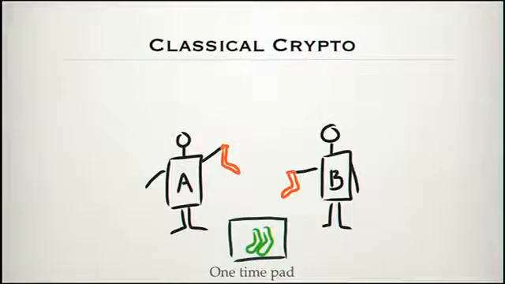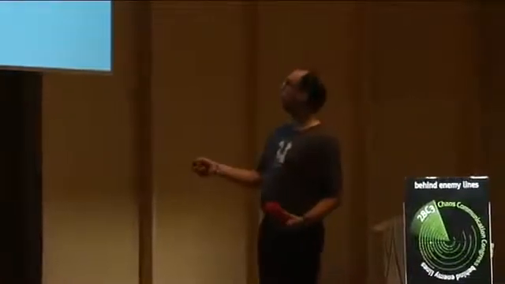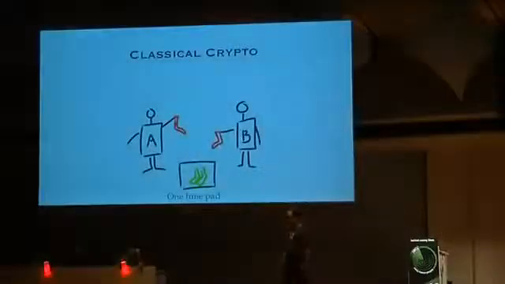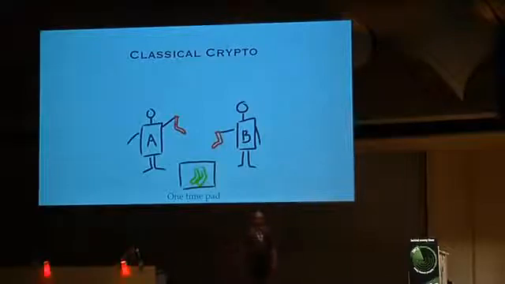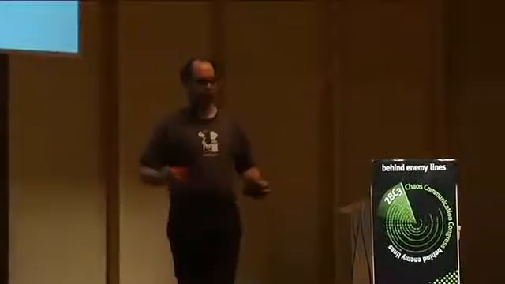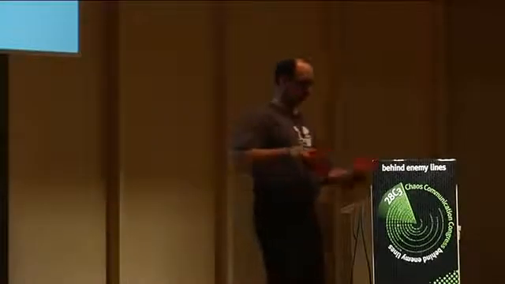Okay, so classical crypto. Basically the essentials of classical crypto work like this. The archetypical example of cryptography is a one-time pad. So here are my friends Alice and Bob, and they want to transmit 1 bit of secret information. So what they do is, one of them, say Alice, turns off the light in her bedroom and goes to a drawer and picks a pair of socks. The nice thing about the socks is that she ordered the socks after washing them. So there are either 2 red socks,